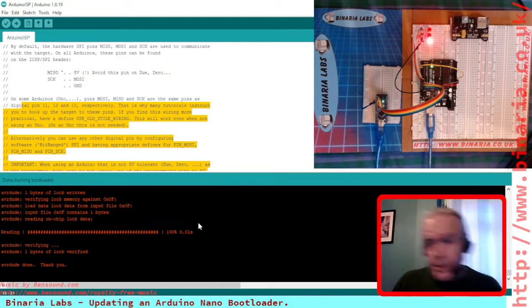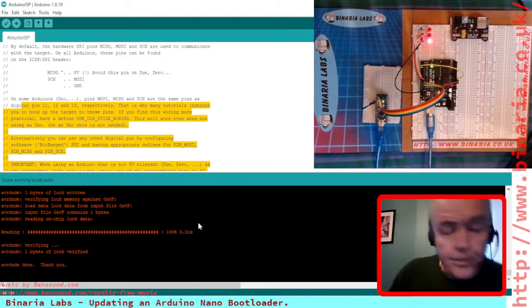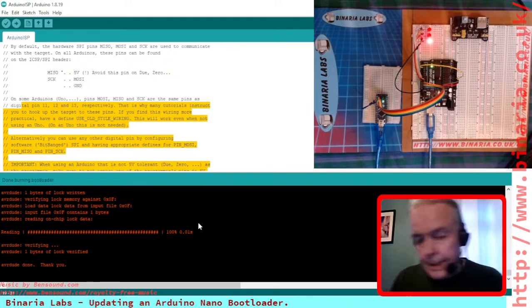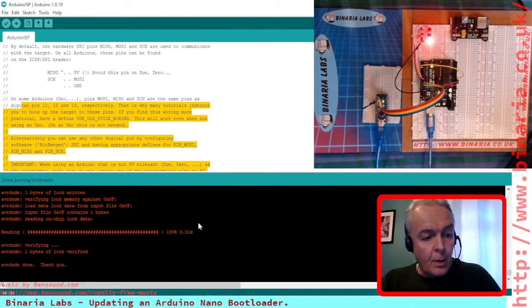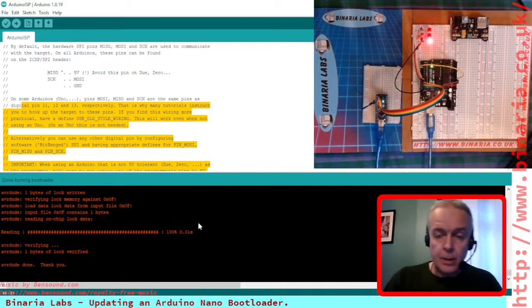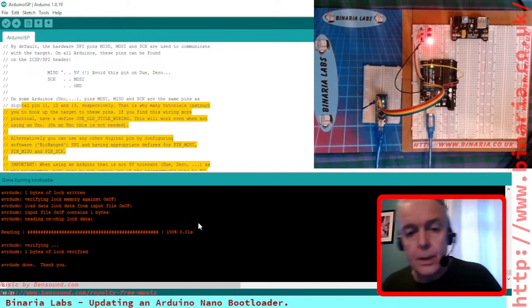Next thing we're going to do is check the watchdog code again. Now, that's a good point. The watchdog code was in my Nano. The watchdog testing code was in my Nano. It's not on my Nano anymore. The act of updating the bootloader wipes the rest of Flash as well. So we will have to go back